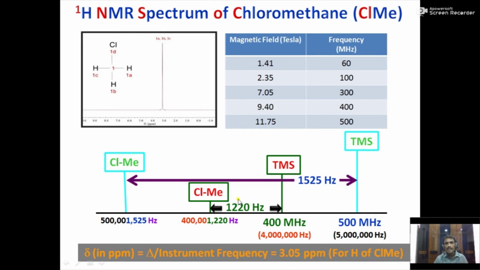You just divide 1220 by 400 megahertz, and 1525 by 500, and you will get this value only, 3.05 ppm. So it is better to use the chemical shift scale rather than the magnetic field strength scale. Okay,